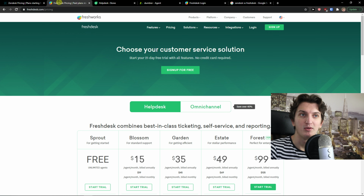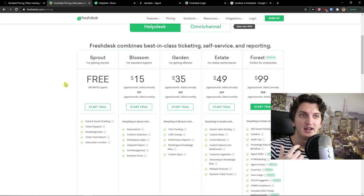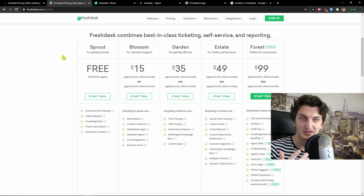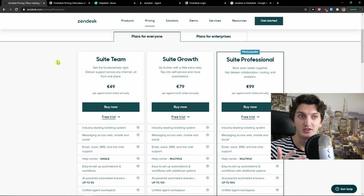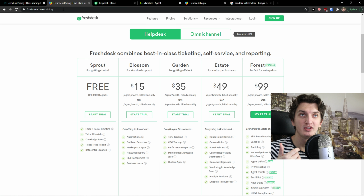So let's start. Now, FreshDesk, when you would come here, is much cheaper comparing to ZenDesk. Also, FreshDesk offers you a free account, both offer you a free trial, but ZenDesk is just much more expensive. You see it right here: Suite Team, Suite Growth or Suite Professional, 50 per agent, 80 per agent, and 100 per agent. FreshDesk has a free account, then Blossom, that's like €12, Garden...